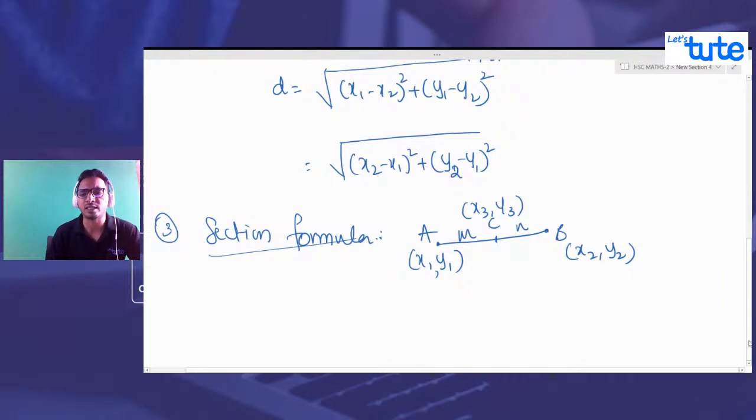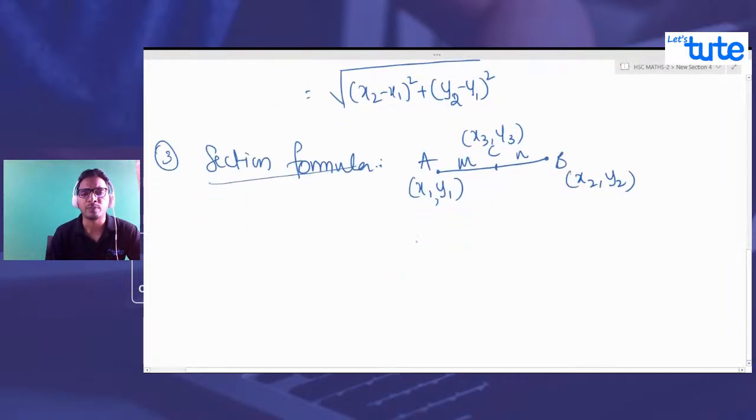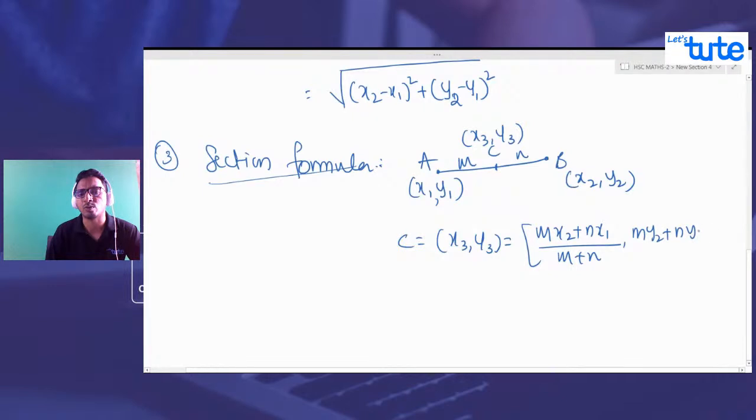So how to find that? Let us just go down a bit. Okay, so the coordinates of C, that is (x3, y3), we can find by using the formula (mx2 + nx1) upon (m + n), and (my2 + ny1) upon (m + n). So this is the section formula to find the coordinates of the point which is dividing segment AB internally in the ratio m is to n. Let me take it as internal section